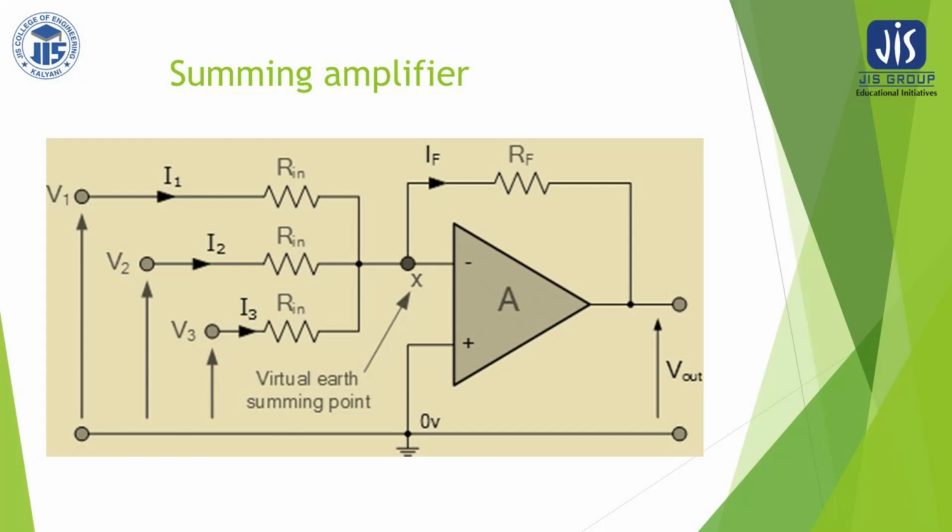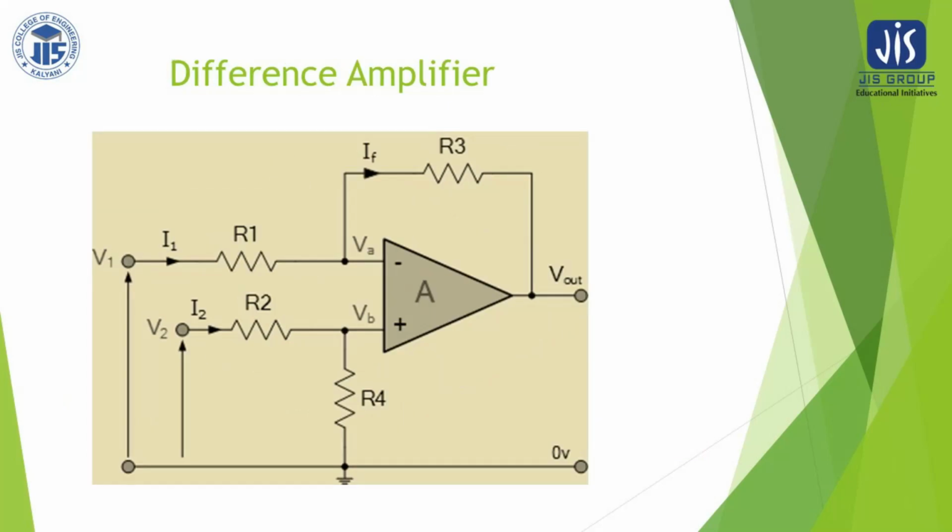So this is known as the inverting summing amplifier, where the output is the summation of the two inputs with negative polarity. The similar circuit we can draw if the input is connected to the non-inverting terminal, then it is called a non-inverting summing amplifier. You can carry out the non-inverting summing amplifier yourself. It is a very simple circuit. You can connect the input to the non-inverting terminal and find out what will be the equivalent output.